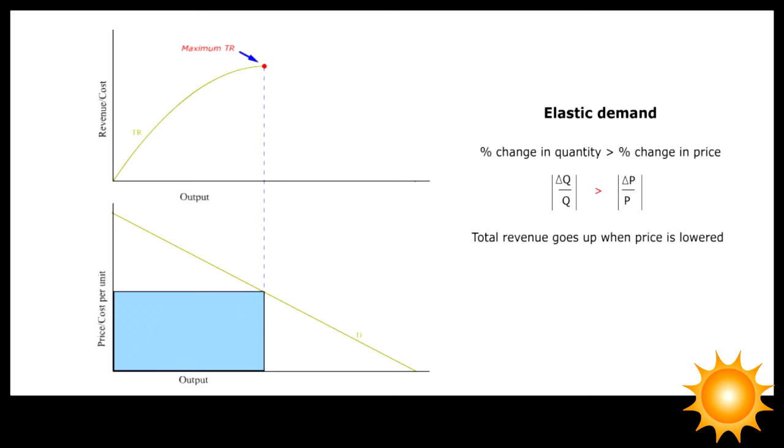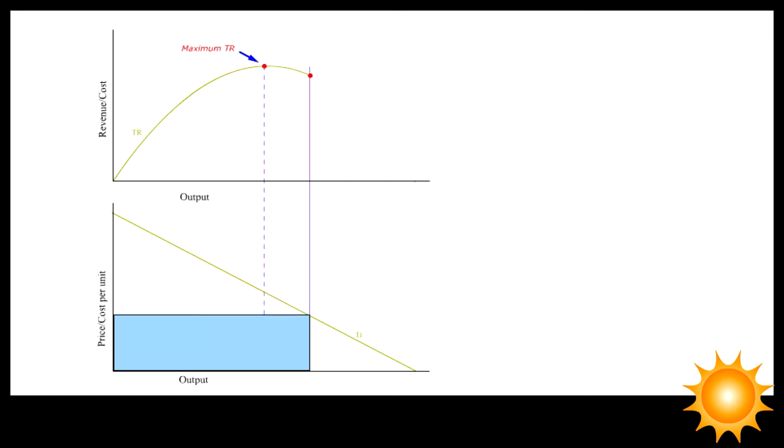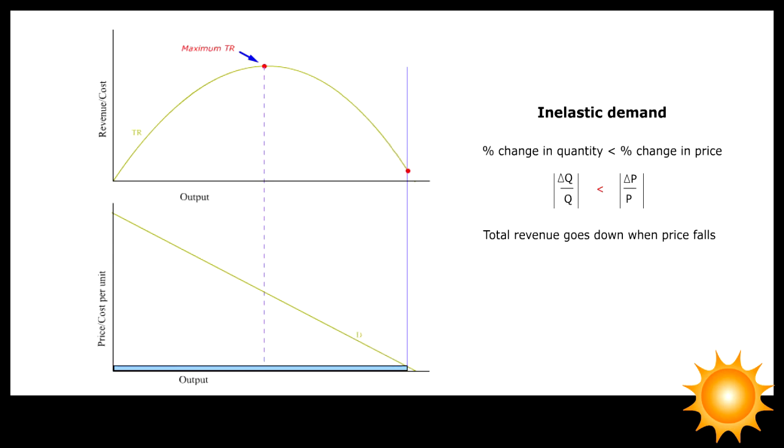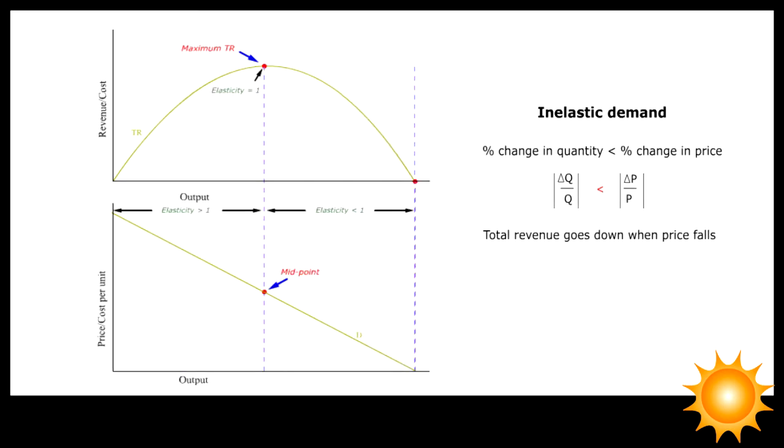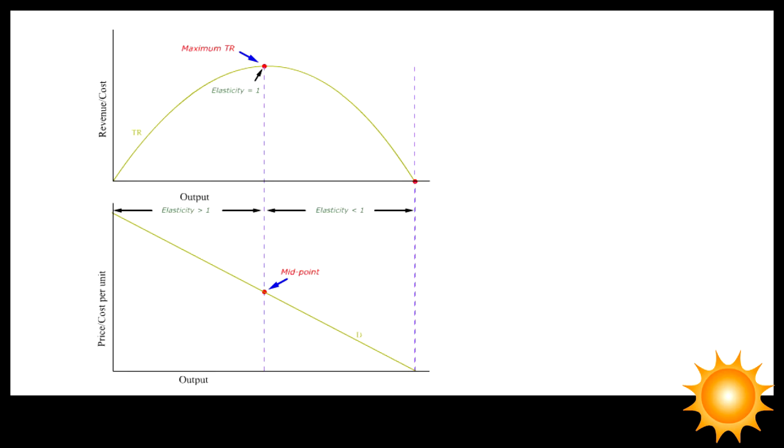In a straight line downward sloping demand curve, the midpoint locates the price that maximizes total revenue. After maximum total revenue is reached, further decrease in price would lead to a decline in total revenue because the percentage change in quantity demanded is smaller than the percentage change in price. Since a single price searcher will not generally lower its price beyond the maximum revenue point, we can concentrate on